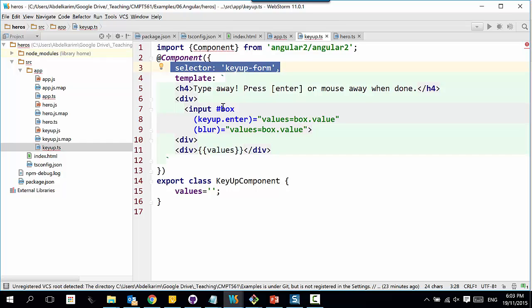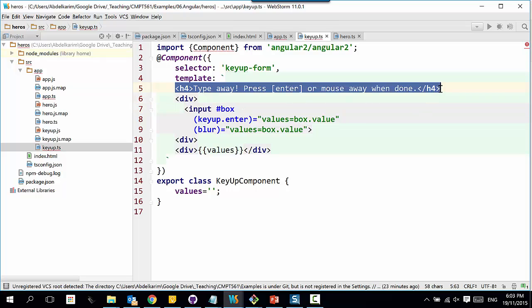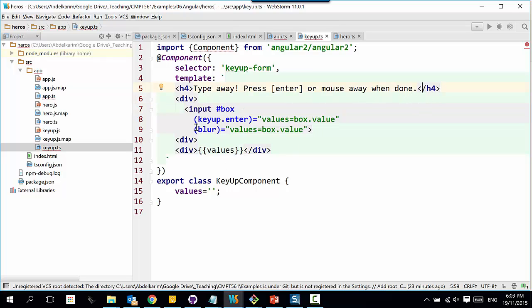This is where this component will be loaded into, and this is the template that provides the visual UI of this component. So in here I have just a header 4, it has nothing special. And then what I have here is an input. And I decided to call this input a box. You can call it whatever name you want. And here I'm listening to two events. If the user clicks enter, or if the input loses focus, I take this value that the user has entered so far,